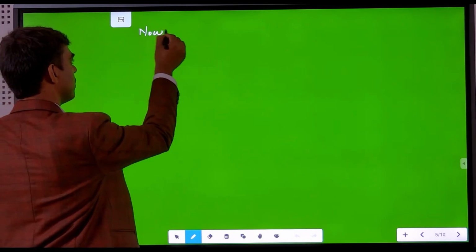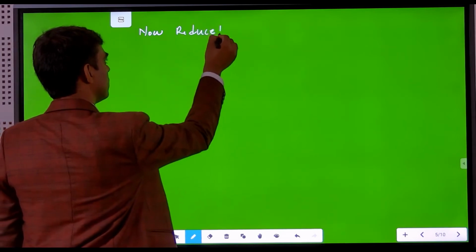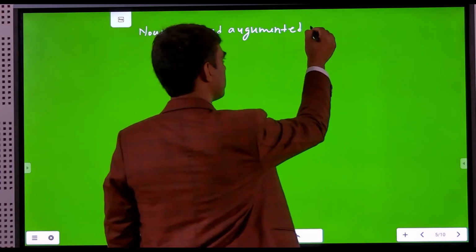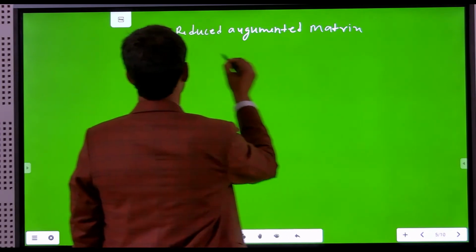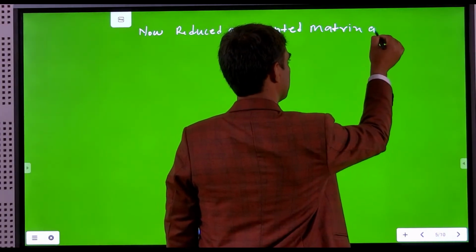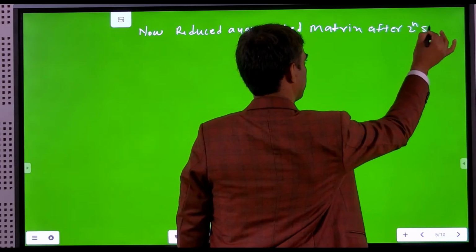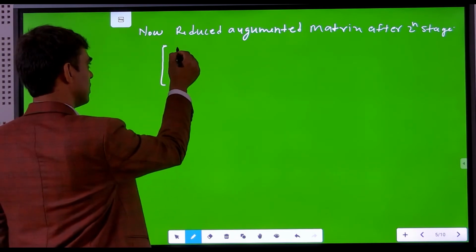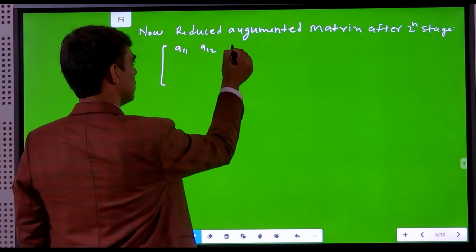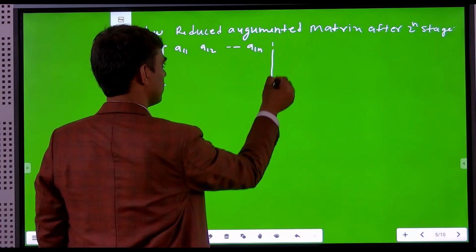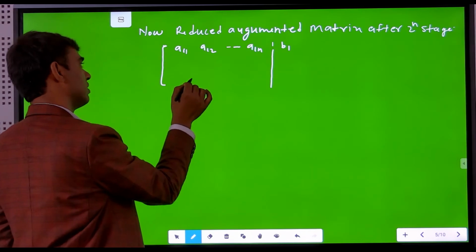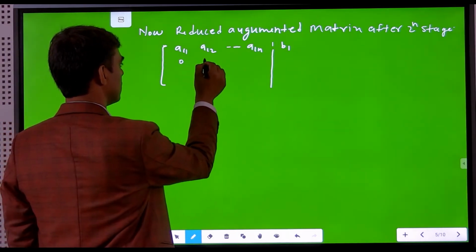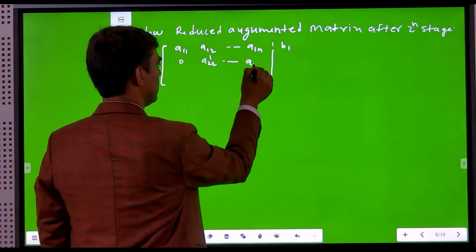Now again, the reduced augmented matrix after the second stage of elimination. Suppose the augmented matrix is as follows. There is no change in the first row: A11, A12 up to A1n, partition, B1. Again there is no change in the second row of our reduced augmented matrix after stage 1. So this one is 0, this one is A22 dash, and here A2n dash,